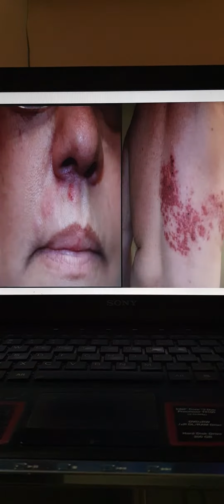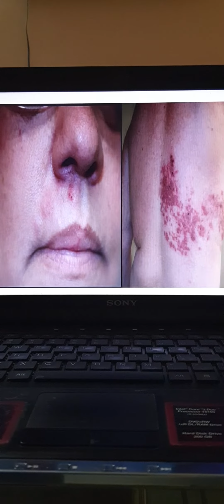neuralgia. So if you see the rash of zoster, it is unilateral. It is also known as girdle because it forms a belt, and it is erythematous and has intense pain, because of the affected dermatome which is supplied by a particular nerve, and that is why there is intense pruritus and pain associated with the zoster lesions.